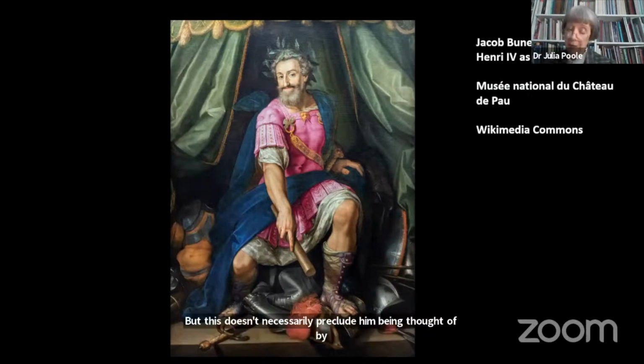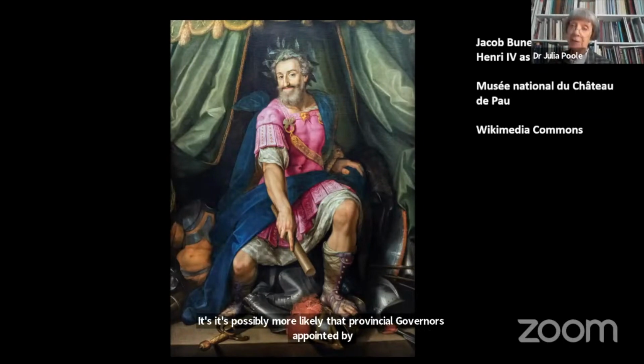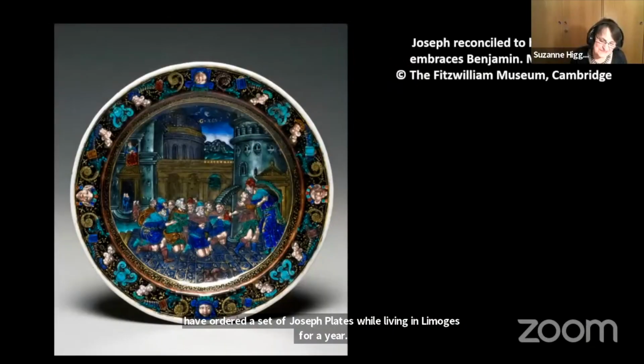It's possibly more likely that provincial governors or intendants of justice appointed by Henry IV might have identified themselves with Joseph as Pharaoh's viceroy because of their mission to pacify the provinces and prevent conflict between the Huguenots and Roman Catholics. A man like Marie de Vic, who had the Life of the Virgin plates made for him, might very well have ordered a set of Joseph plates while he was living in Limoges for about a year. None of the Joseph plates bear coats of arms,